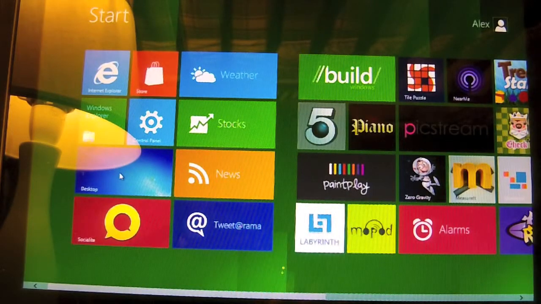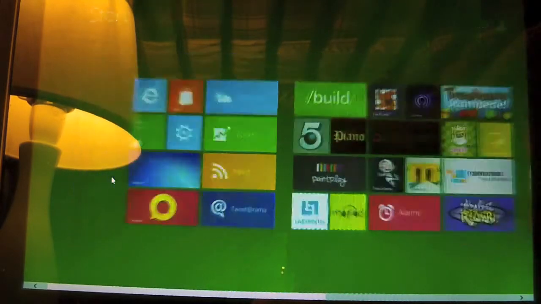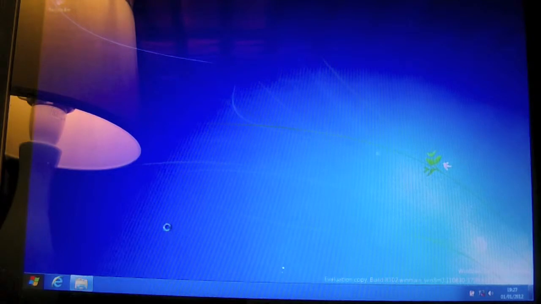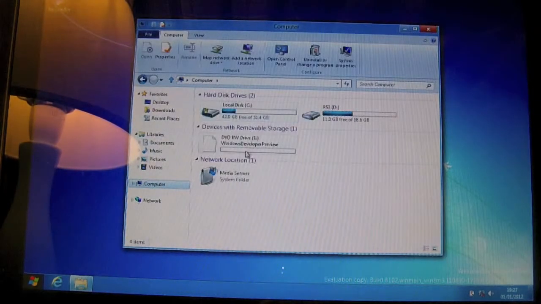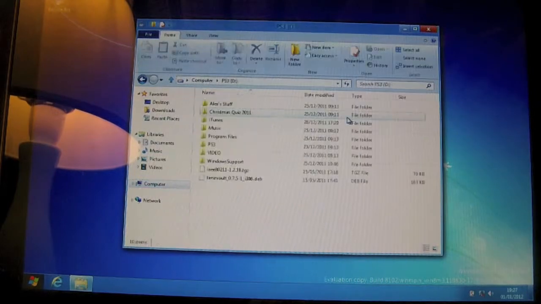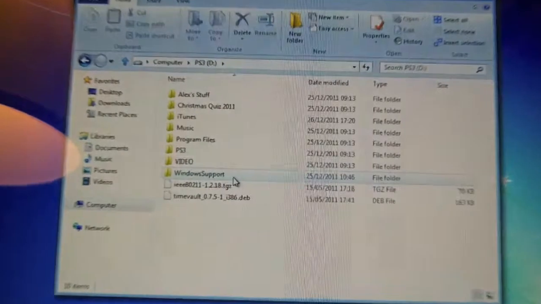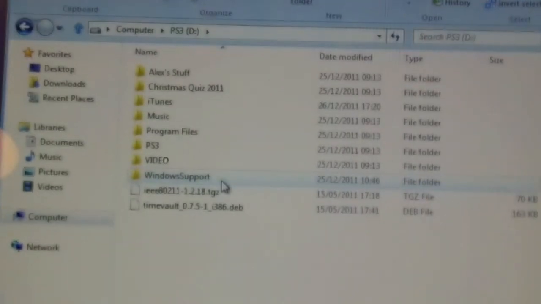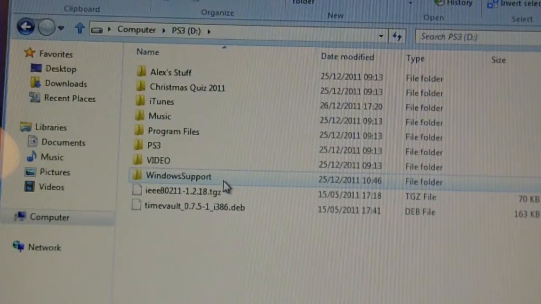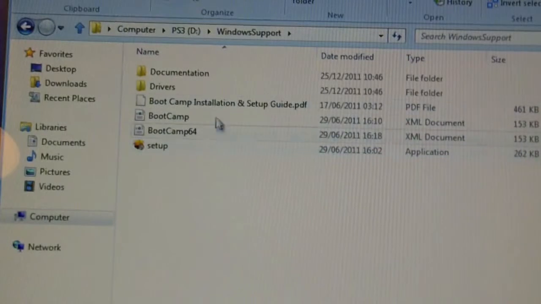But what we're going to do first is, if you downloaded the Windows support software to an external drive, you're just going to go to the desktop and go to that drive. So computer, and then you'll see a folder called Windows Support. Not sure whether you can see that, but there it says Windows Support. So click that, and then you'll want to